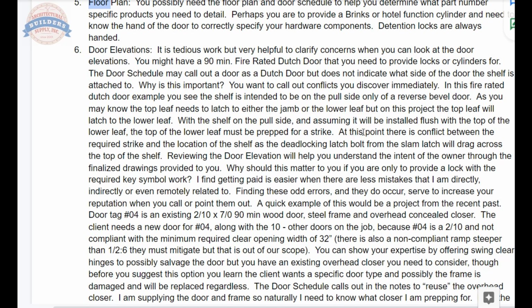At this point, there's a conflict between the required strike and the location of the shelf, as the deadlocking latch bolt from the slam latch will drag across the top of the shelf. And just as an aside, you might be saying, well, what slam latch is fire rated? I sent the order to the factory and told them to make it for a B250,